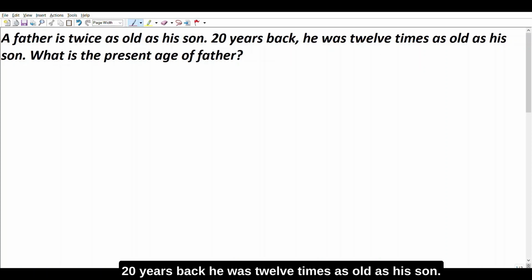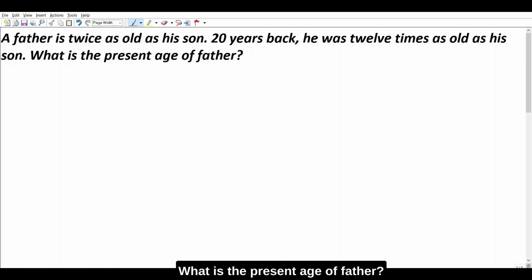20 years back, he was 12 times as old as his son. What is the present age of father? So in the question, it has clearly been given that father is twice as old as his son. Let us assume that X be the